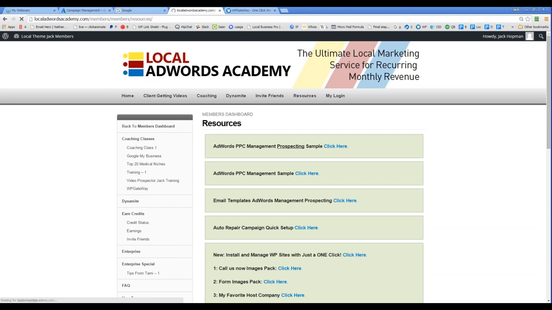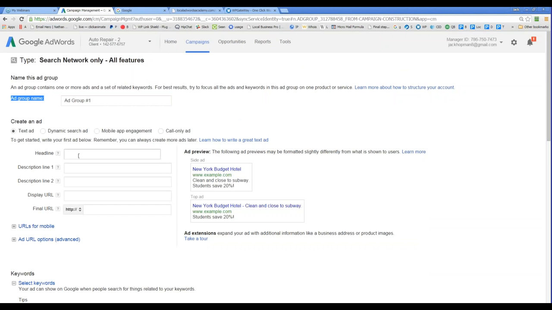Click on it, and I provided for the auto repair campaign a quick setup, the keywords and the ads. You click on it, it is a zip file, and you will find 3 different files, and each file is a text file which includes the keywords and the ads. So I assume you're going to do that when I'm finished training.